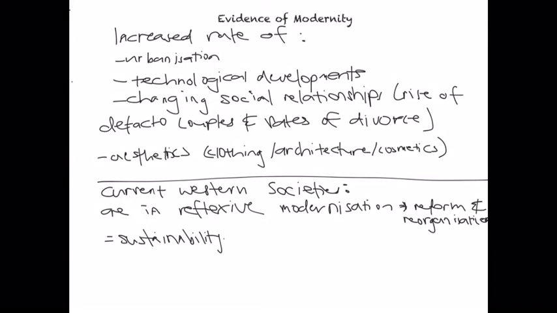Feminism is another really good example of this, and this is again reflecting on how we think our society should be and what we think we should be doing within it. And then obviously the green movement, which is like that sustainability movement, where it's just looking at how we think our society should operate and behave, and how we think we should best use those resources. And again, this is all about reflecting on our behaviours and our attitudes and what we think our society should be now that we've modernised.